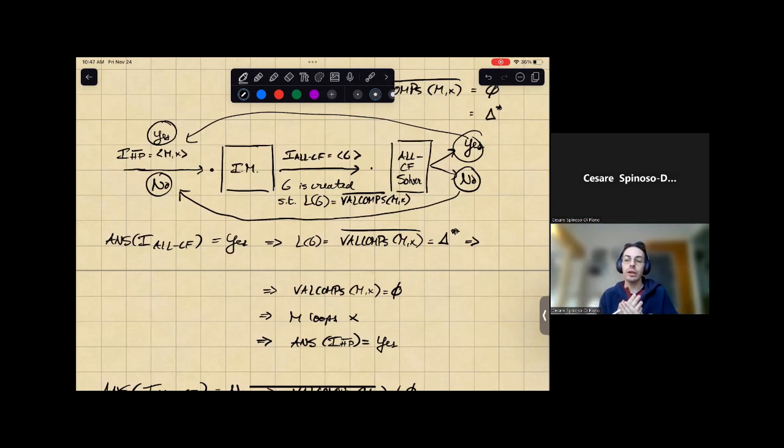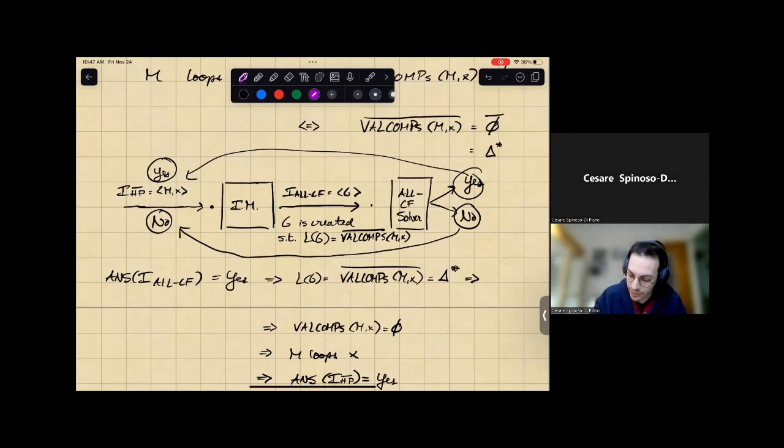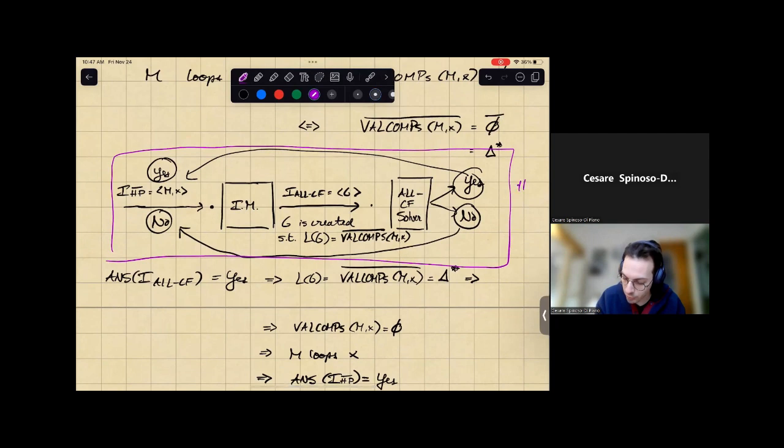And now if we are able to create a context-free grammar G which generates Val-comps complement, then effectively this thing here acts as a not halting problem solver,